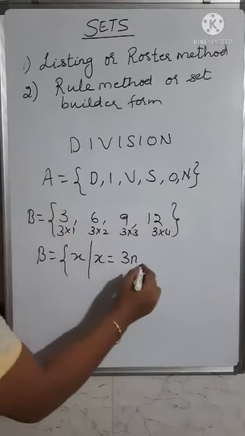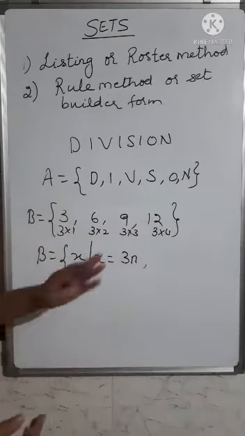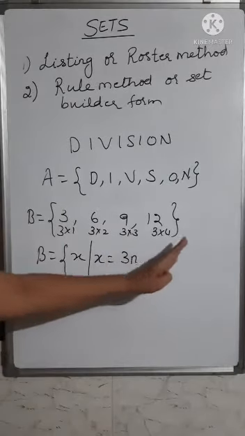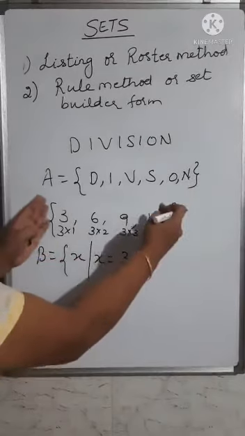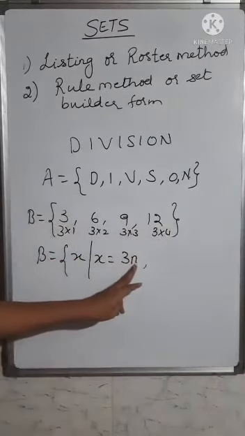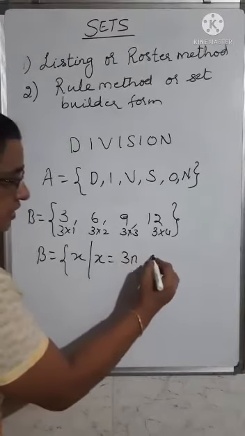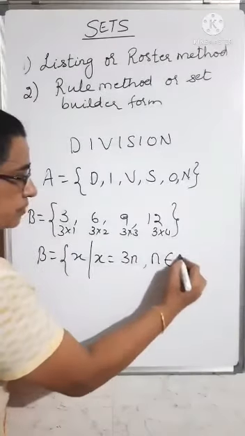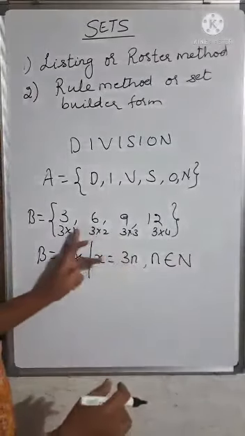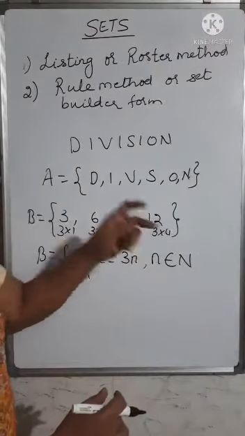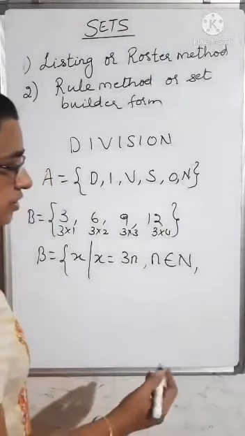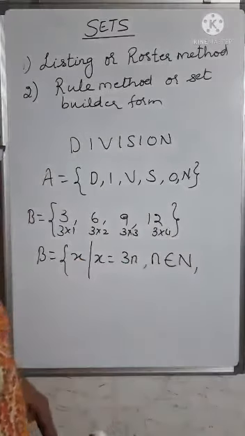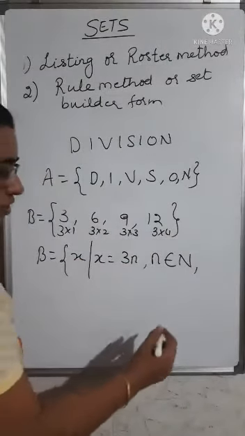Then further, what one more condition you have to add is how many numbers you are going to take. So this is a limited set of numbers, so there has to be a limit to the numbers that you are taking. So further you have to write n belongs to natural numbers. N are the natural numbers. 1, 2, 3, 4 are natural numbers. N belongs to natural numbers, and further, how many natural numbers you are going to take, that also has to be represented.